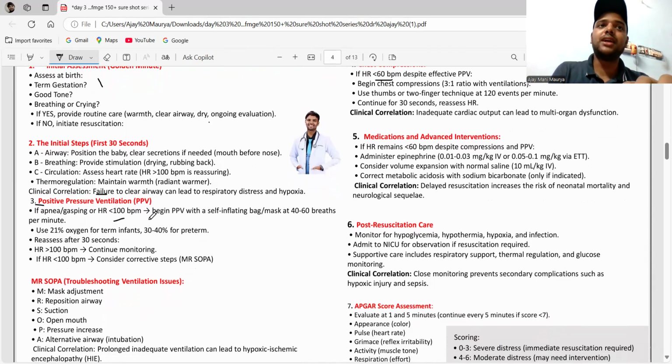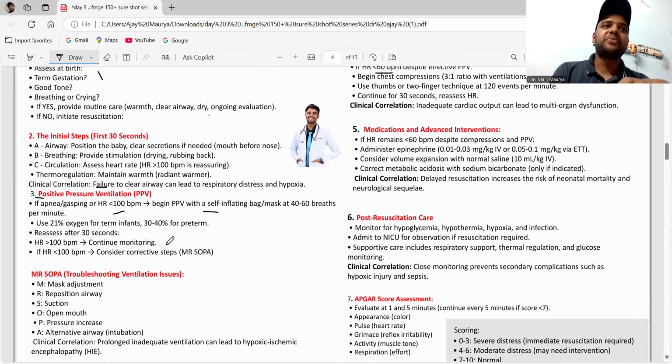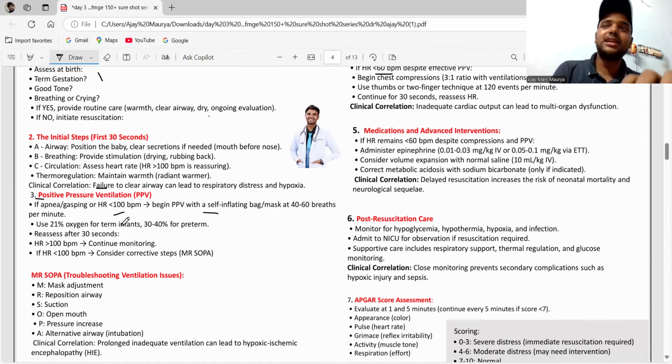Then you have to begin PPV with a self-inflating Ambu bag at 40 to 60 breaths per minute. Use 21% oxygen saturation for term infants and 30 to 40% for preterm infants. Reassess after 30 seconds. If the heart rate is more than 100, continue monitoring. Otherwise, if the heart rate is still less than 100, then you have to consider the steps